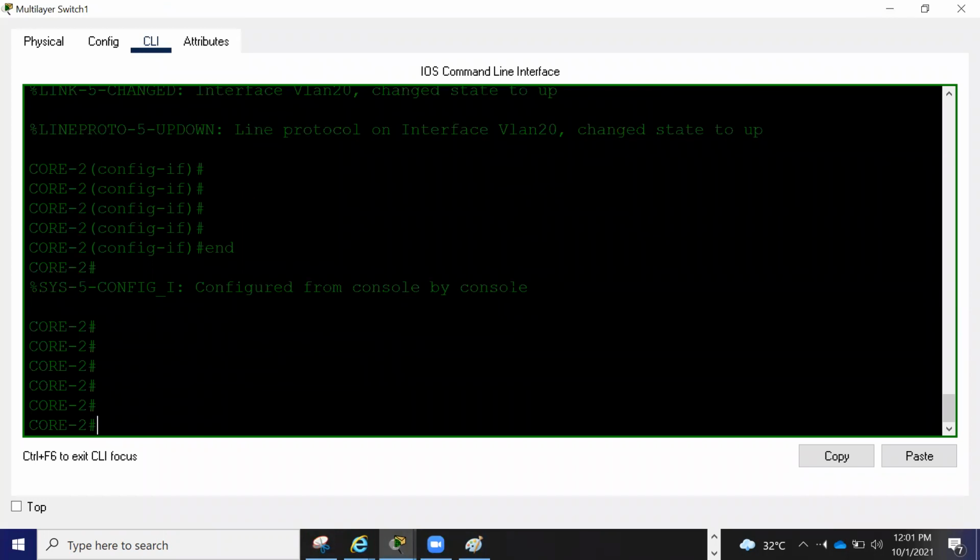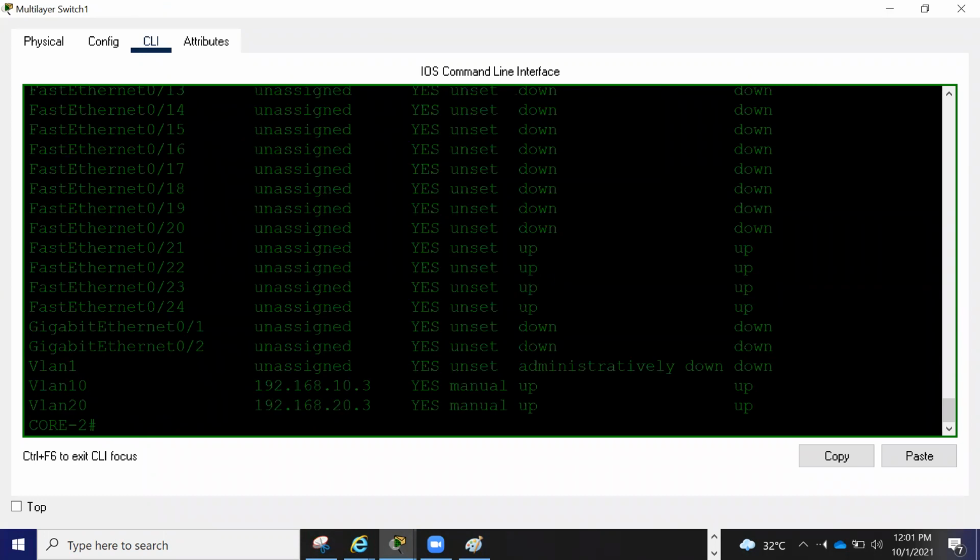So now just wait here. You will see some notification here. Show IP interface brief. If you go down, can you see you have 2 interfaces up, and the IP address is saying 10.3, but your actual gateway will be 10.1 and 20.1, which you configured.